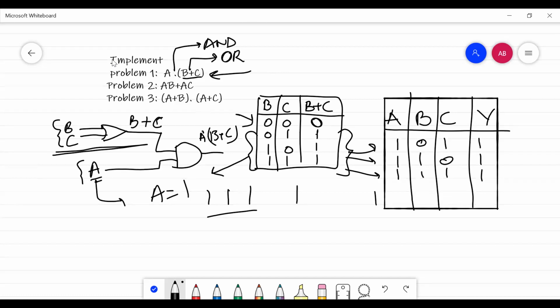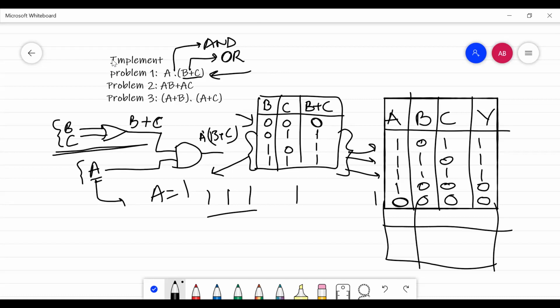So now we are going to talk about the other case. Even if the value of A is 1 and both B and C are zeros, the output will be 0. Similarly, if the value of A is 0 and both inputs are also low, it will be 0. Similarly, if I make the value of A as 0 for the above said three cases, the output is going to be low. So even if it is 0 1, 1 0 or 1 1, the output is going to be 0 only. So for these three cases only I am going to get a high.